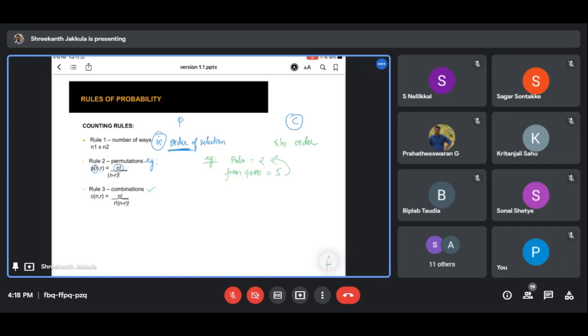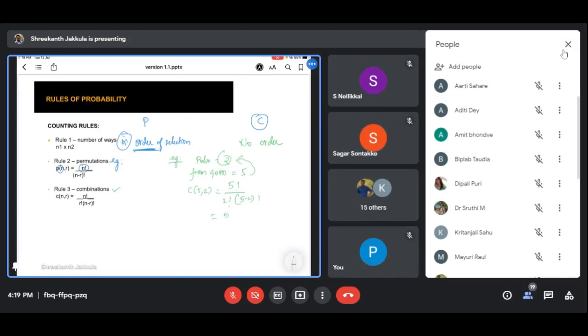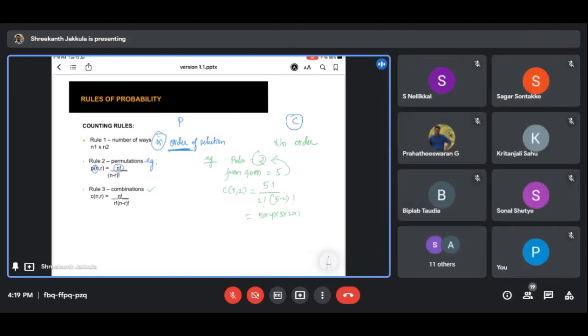If you incorporate this into the formula, that is combination of 5 choose 2, then 5 factorial, where n is 5, and r, how many we are taking, is 2, divided by 2 factorial into (5 minus 2) factorial. So 5 into 4 into 3 into 2 into 1, divided by 2 into 1, and 5 minus 2 is 3, so 3 into 2 into 1. The 3 into 2 cancels, and we get 10 ways the 5 GOPD residents can be picked for polio duty, 2 residents at a time.